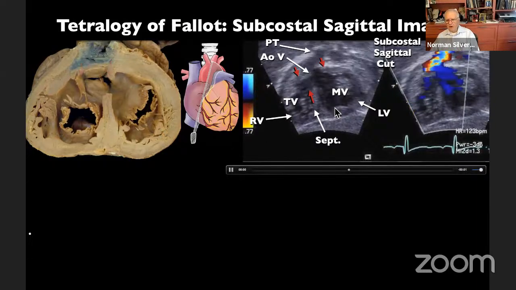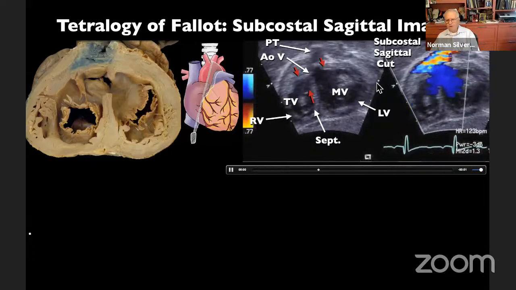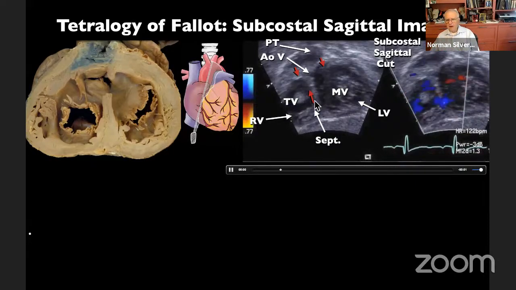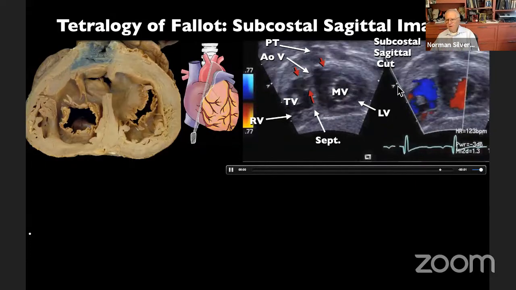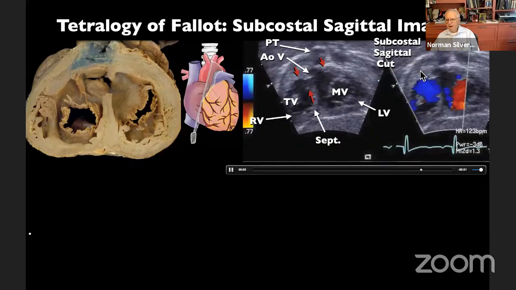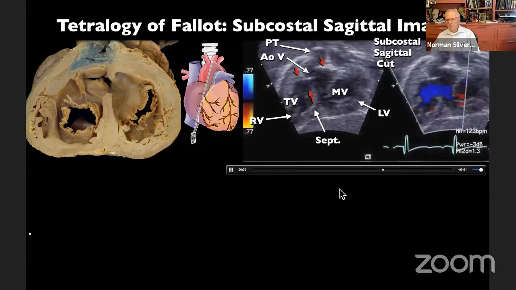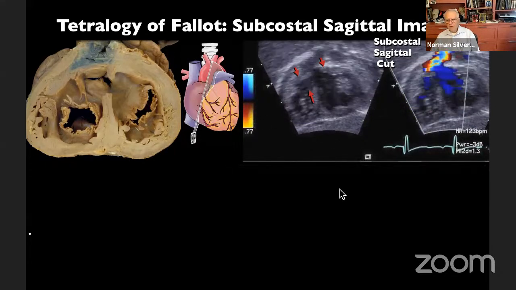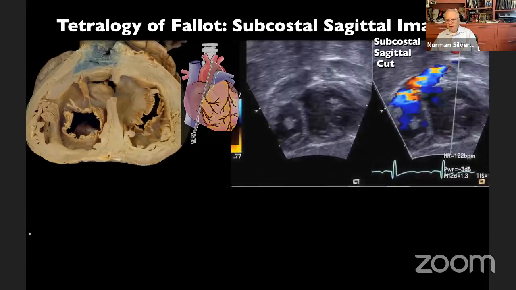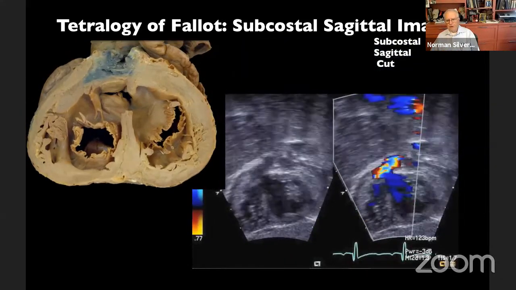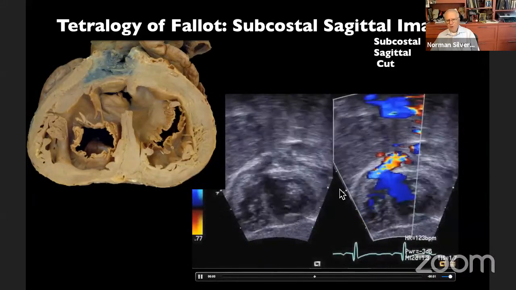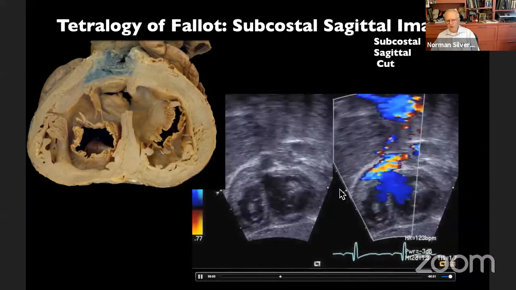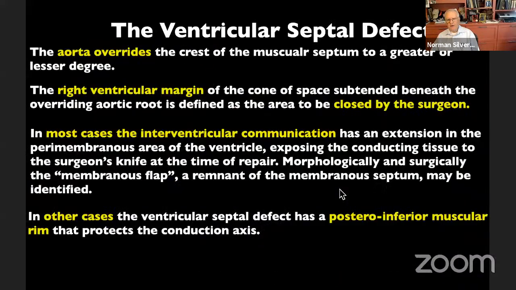And here is the echocardiographic correlation from a subcostal sagittal cut, showing again the aortic override, the ventricular septal defect, the deviated outlet septum, and the so-called third ventricle, as it used to be called, which is a feature of Tetralogy of Fallot. So we'll progress through this now as we look at these examples. Really quite excellent correlation between what is seen morphologically and what you can do with your echocardiographic transducer.